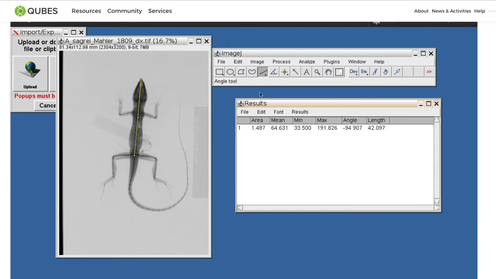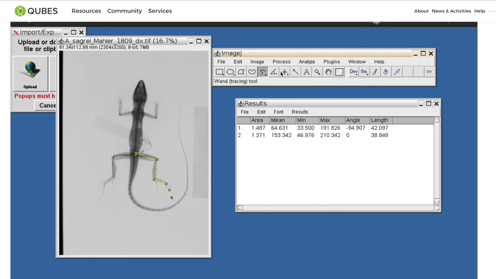Now I'm going to actually measure the leg length, hind limb length, and I do that using the segmented tool so that I can get the full length accurately. Oops, I just messed up. Okay, so just start here, and then click once, click once, click once, and then I may have to click a couple times to get down to the toe, the end of the big toe, double click,